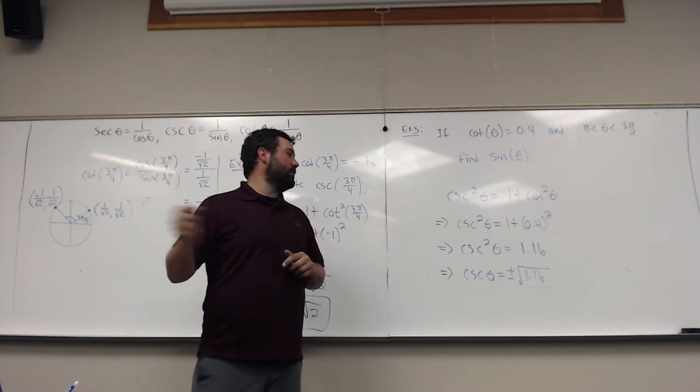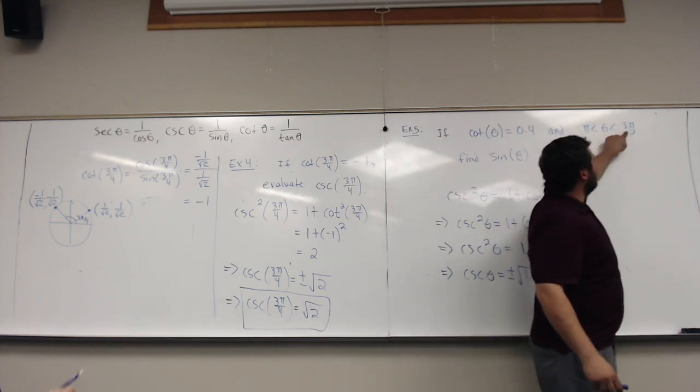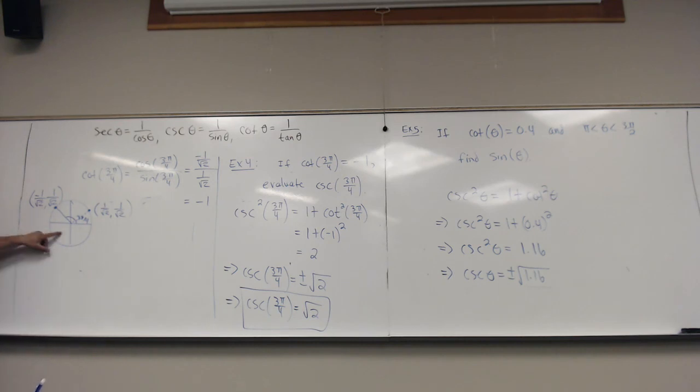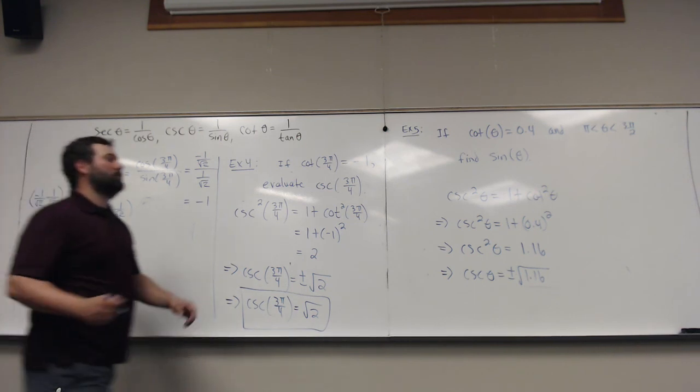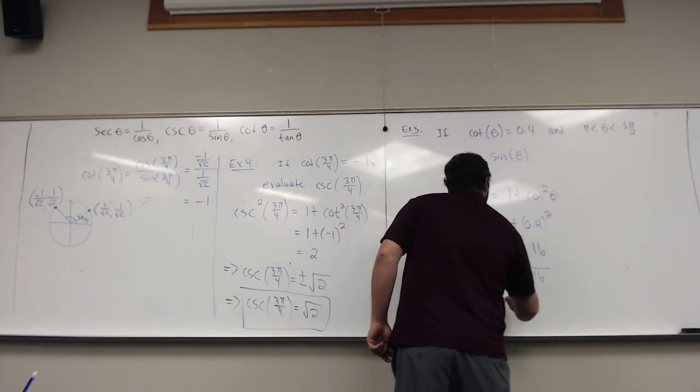They're either both positive or both negative. So if our angle is between pi and 3 pi over 2, what quadrant are we in this time? We're down here in the third, where y-coordinates are always negative. So sine is negative, and therefore cosecant is negative. So we'll say cosecant theta is minus